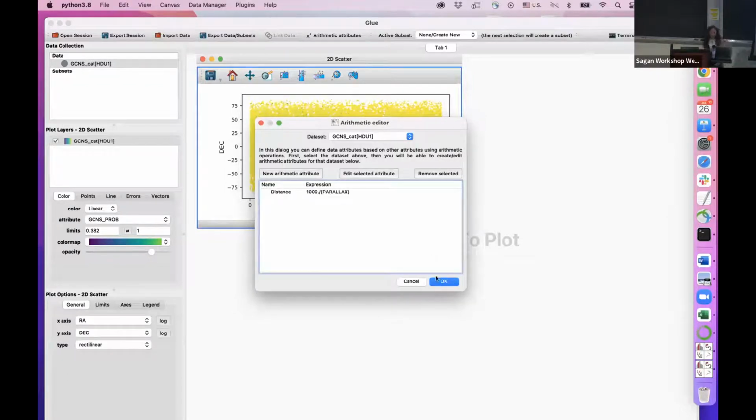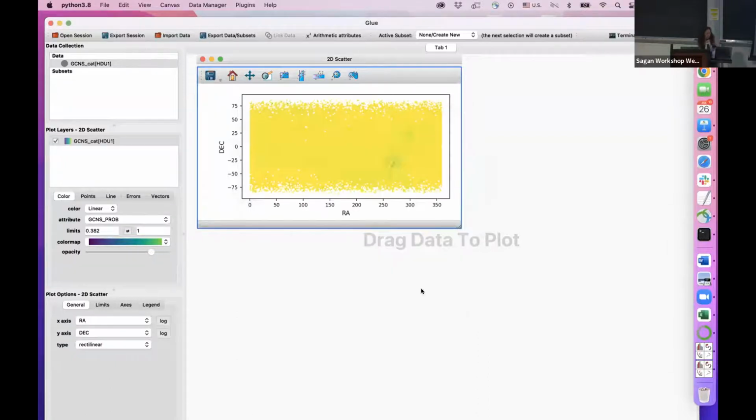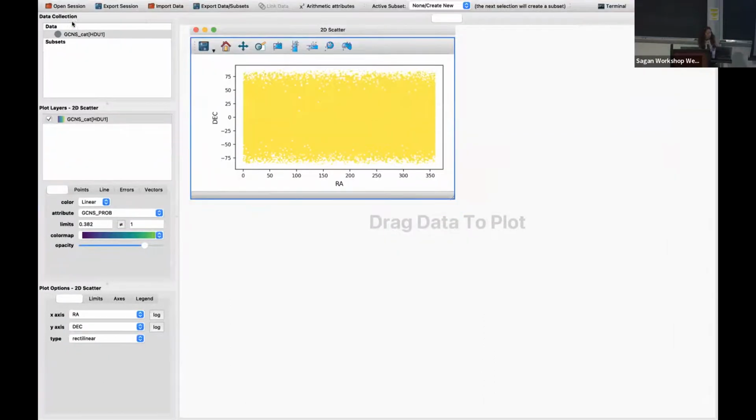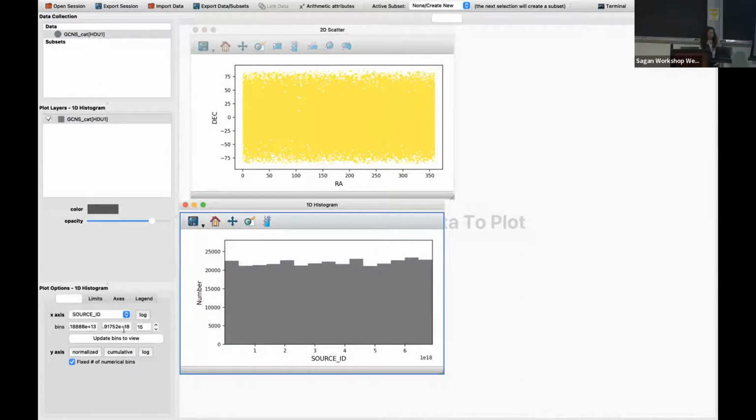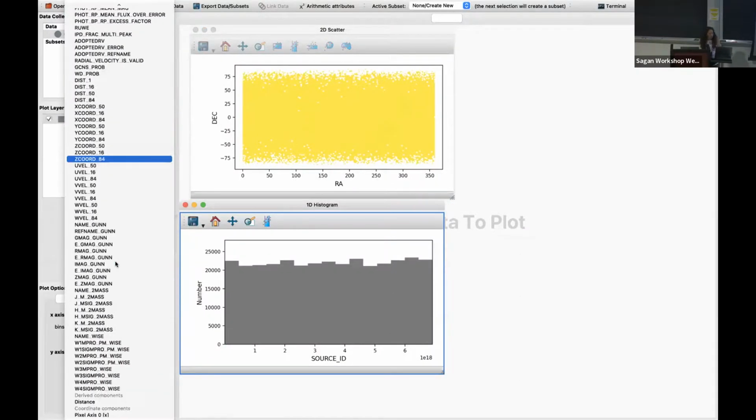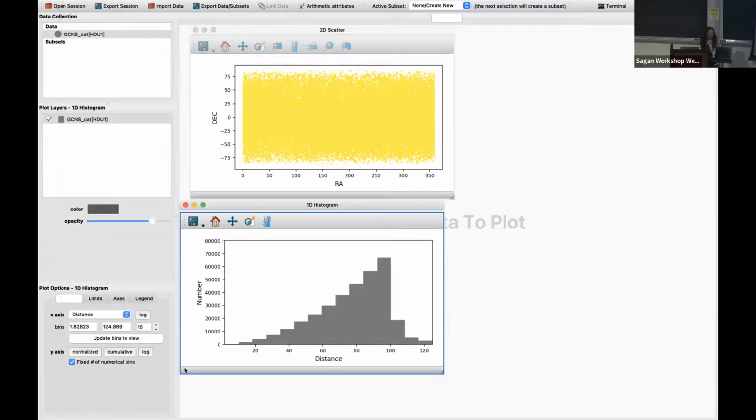All right, so you enter it, you click OK. Now you've got a new arithmetic attribute. Maybe that's bigger in Zoom. And then let's drag and drop over here, and we're going to make a 1D histogram this time. Click OK. Over here on the plot options, we can change the x-axis. Let's go to distance. And now we've got a histogram of our distance